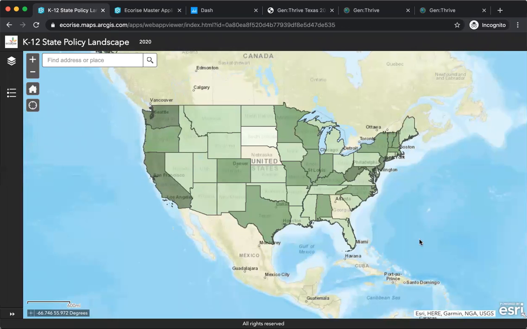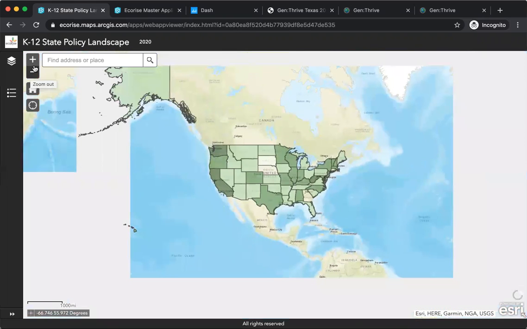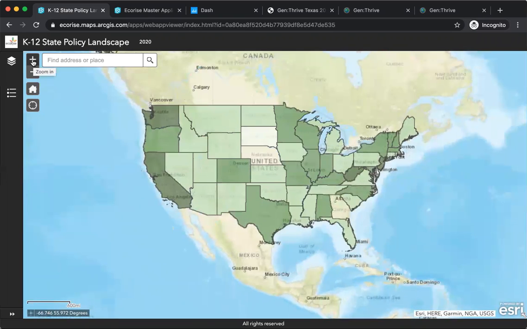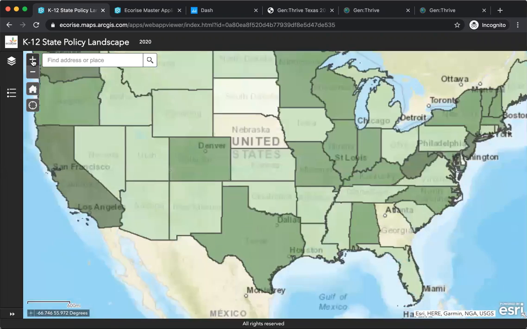This is just a very quick orientation to the K-12 climate policy map. Here you see the United States. If you zoom out, there's Alaska, Hawaii as well. And you'll see as you first open up this map, it's going to be activated with the single layer of